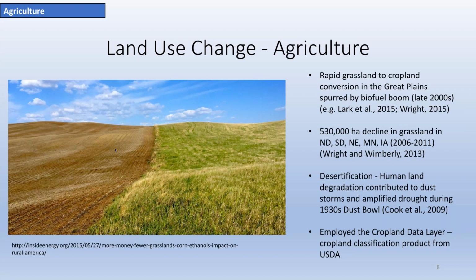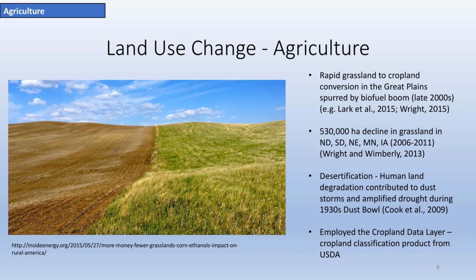And it's important to remind ourselves of an event in the 1930s, the Dust Bowl, which arose from human land degradation through poor agricultural practices that contributed to dust storms and amplified a drought. And so this desertification process is something that's important to keep in mind when we consider the grassland to cropland